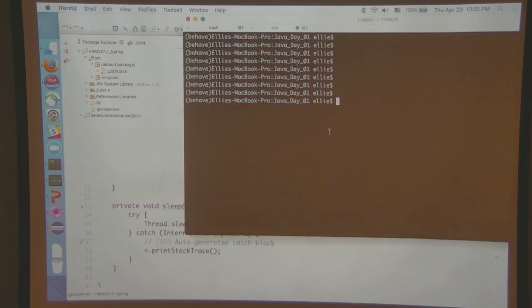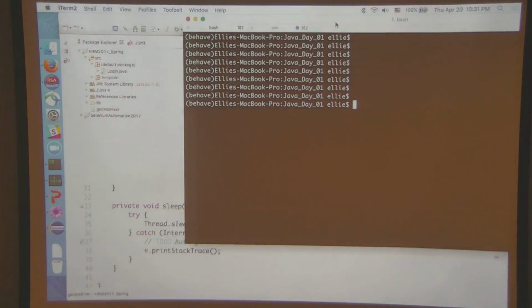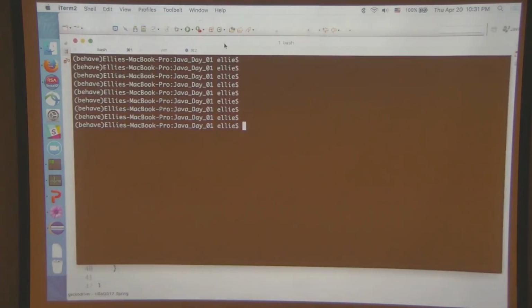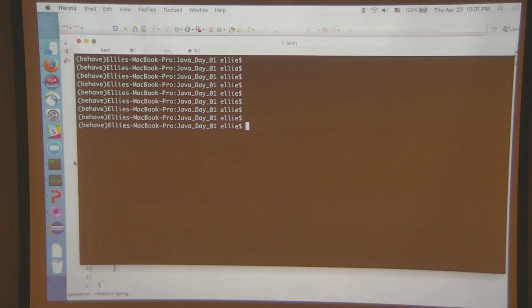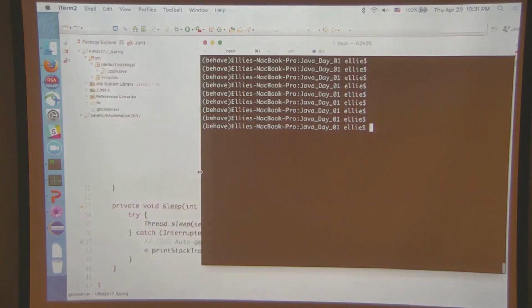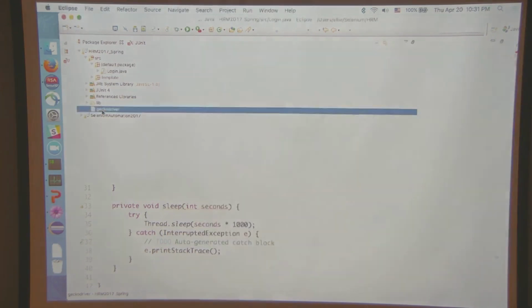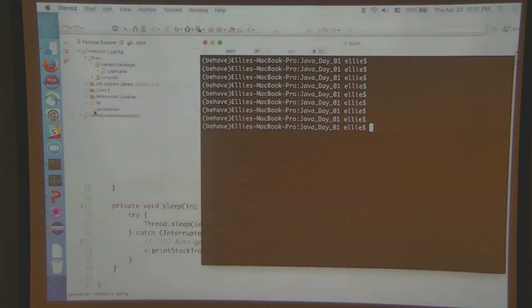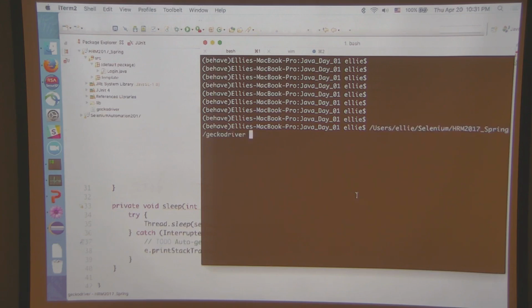You guys see it? Everybody can see it? You have to have it in the forefront, and then you can grab Gecko Driver. Just don't click and drag, just drag it immediately. Because if you just click on it, you lose your window. So you just grab it and drag. Like, don't stop, don't think, do it fast. Drag it over and drop. And that will get the path to it. That way it's easier for you to find it.